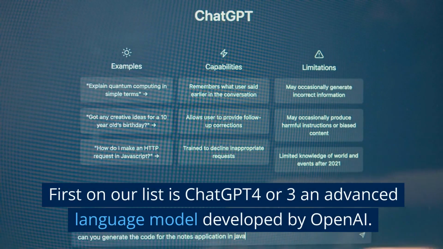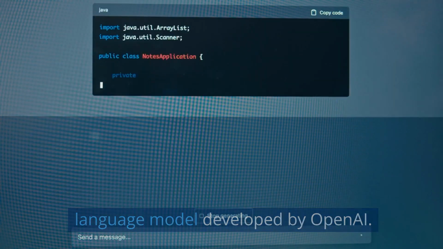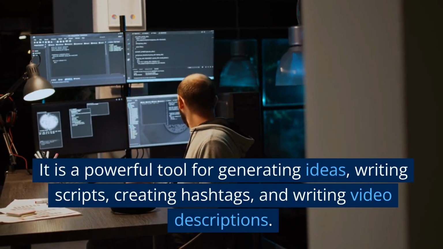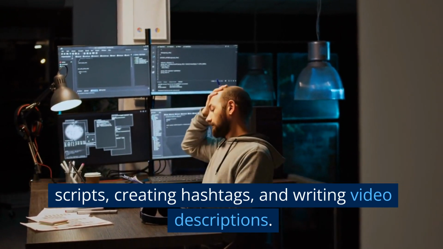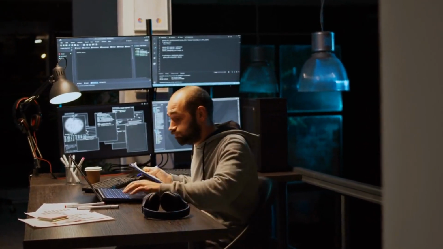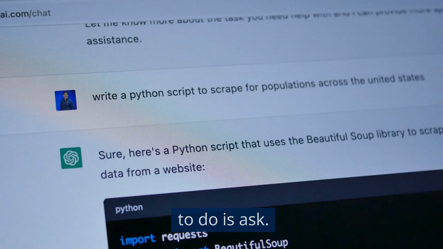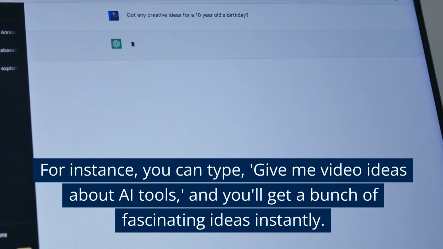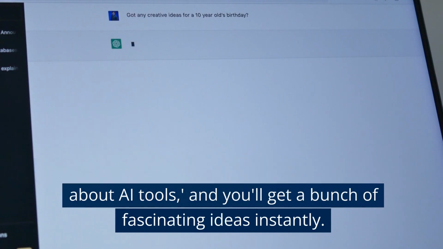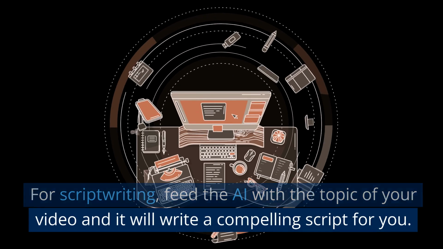First on our list is ChatGPT-4 or 3, an advanced language model developed by OpenAI. It is a powerful tool for generating ideas, writing scripts, creating hashtags, and writing video descriptions. To generate video ideas with ChatGPT, all you need to do is ask. For instance, you can type, "Give me video ideas about AI tools," and you'll get a bunch of fascinating ideas instantly. For script writing, feed the AI with the topic of your video and it will write a compelling script